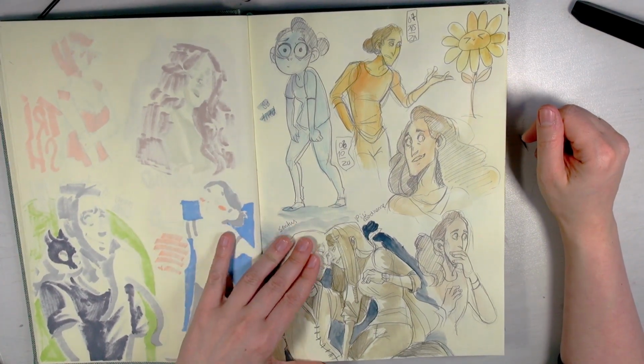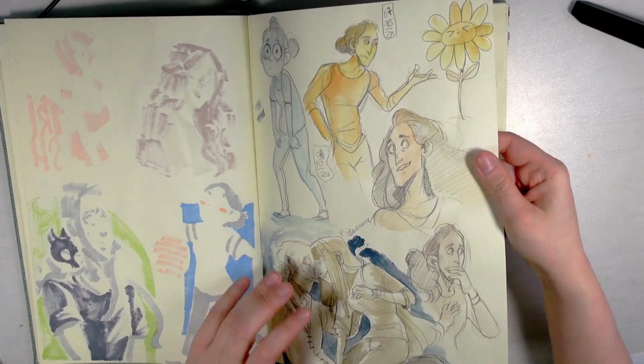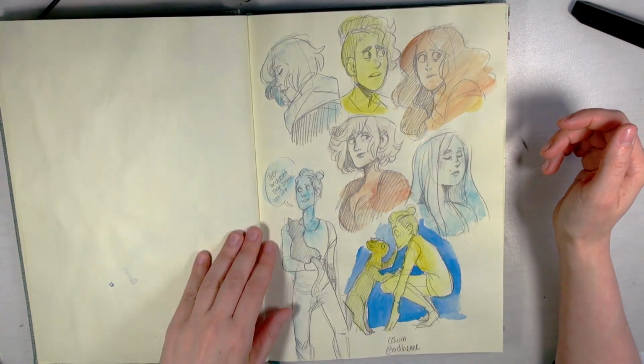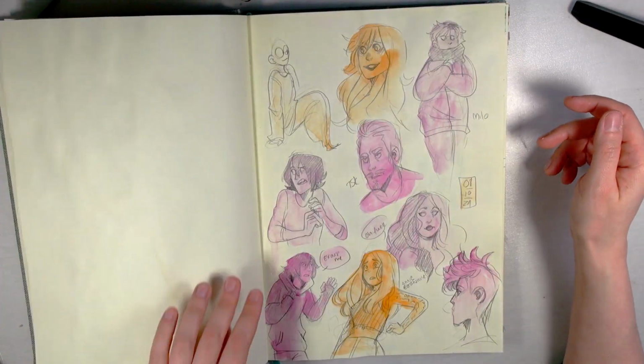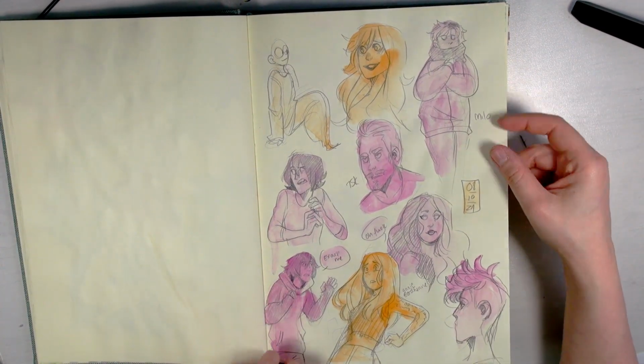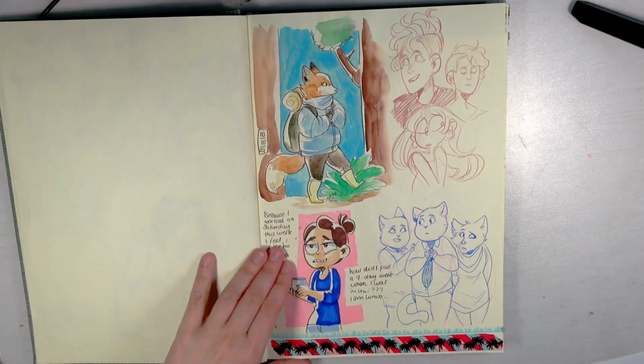So, more pencil drawings with watercolors on top. The paper is not a happy camper with water. It's a crinkly one. It's a crinkly one. But yeah,